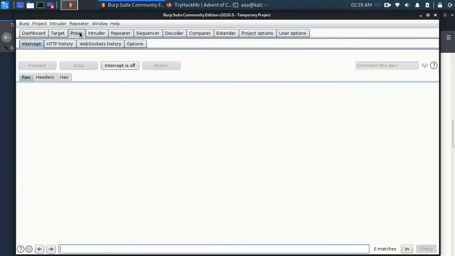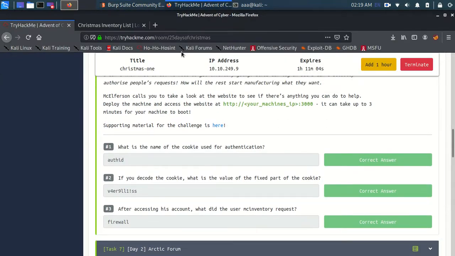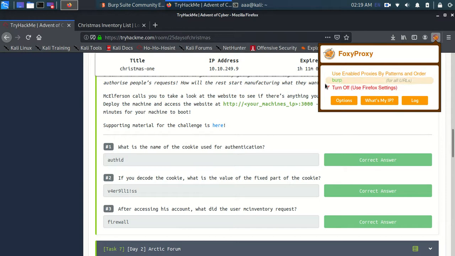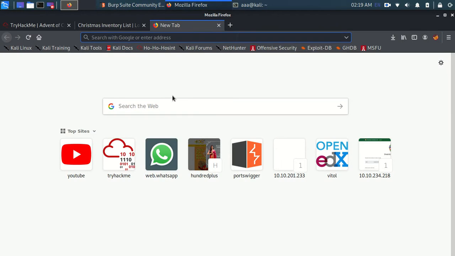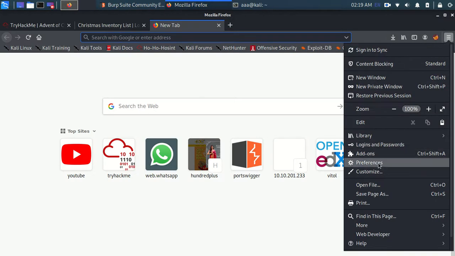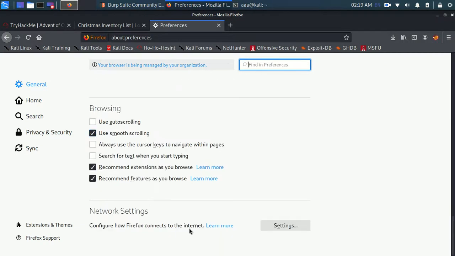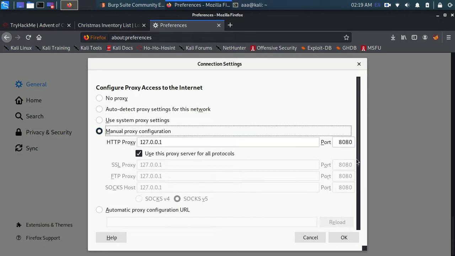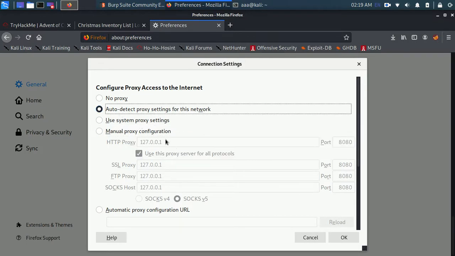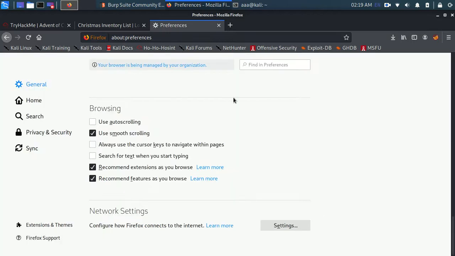Firstly, I'll set up Burp Suite. If you have FoxyProxy, you can just select Burp. If you want a lecture where I explain how to set up FoxyProxy, you can tell me that as well. I can just show you where I'm setting up Burp Suite. Just remember these settings: if you don't have FoxyProxy, use 8080 and 127.0.0.1. Okay, so let me just do it from here, and I have configured Burp Suite.